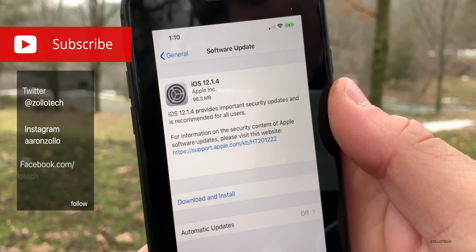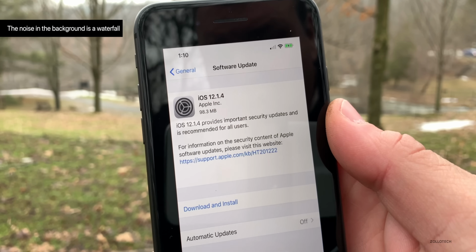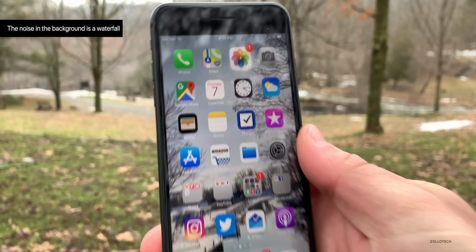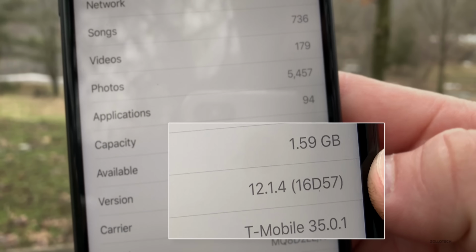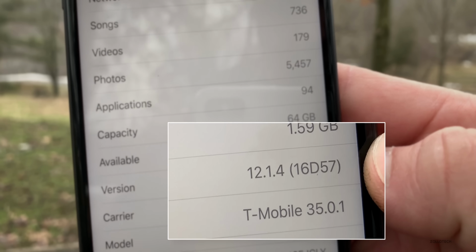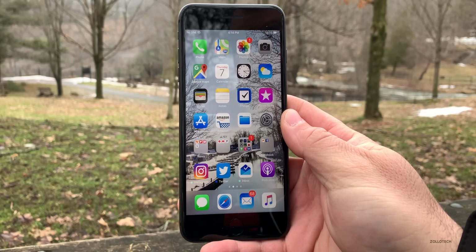This came in at about 98.3 megabytes for me on an iPhone 10, and you can also see an 8 Plus here. It was about the same for this particular update. Let's take a look at the build number. You can see the build number is 16D57, and this particular build is all about fixing that Group FaceTime bug,